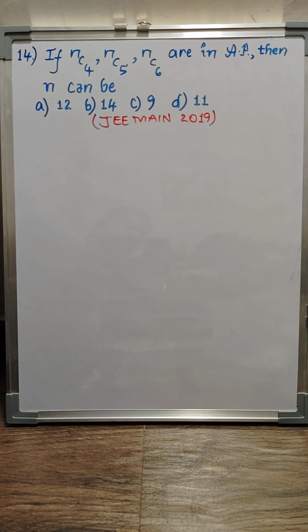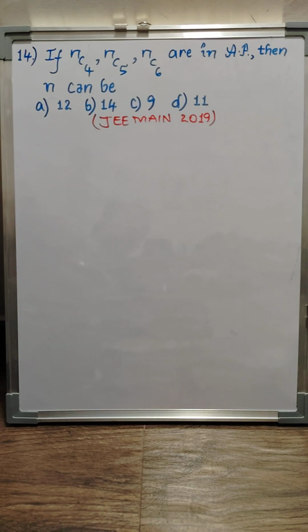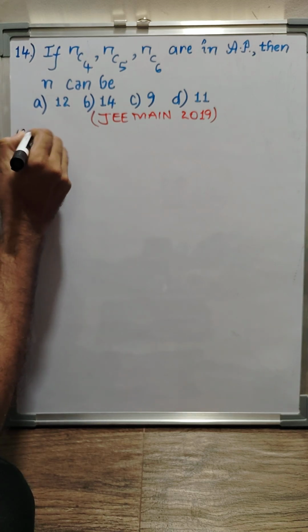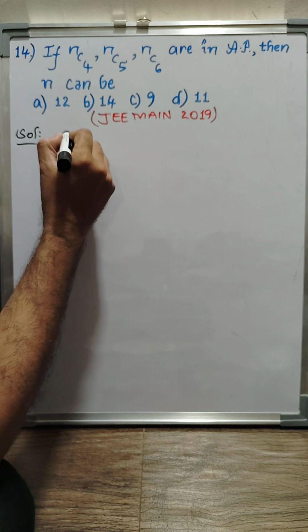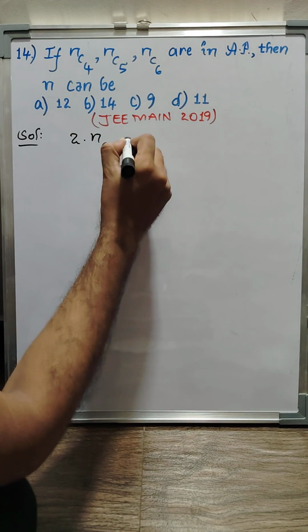One more JEE problem. If nC4, nC5, nC6 are in AP, then n can be what? We have to find out the value of n here. So first of all, if 3 terms are in AP, then twice the second term equals the sum of first and last. So we can take here 2 times nC5